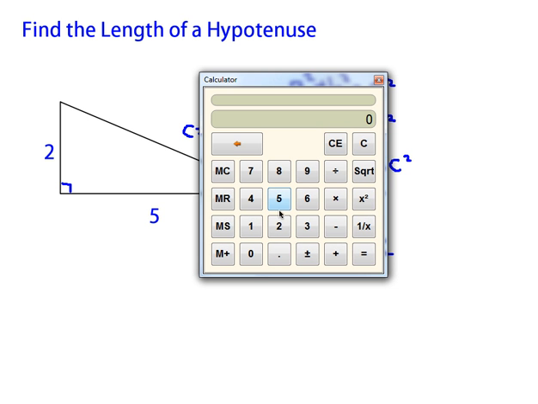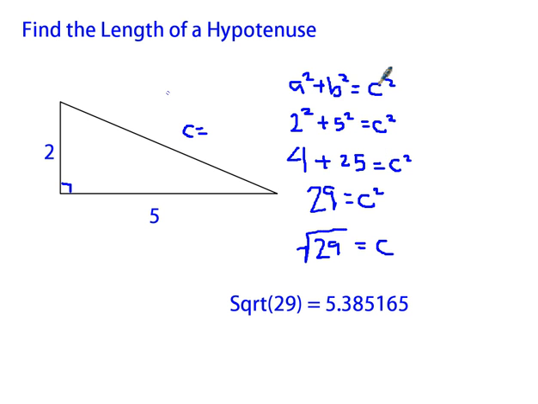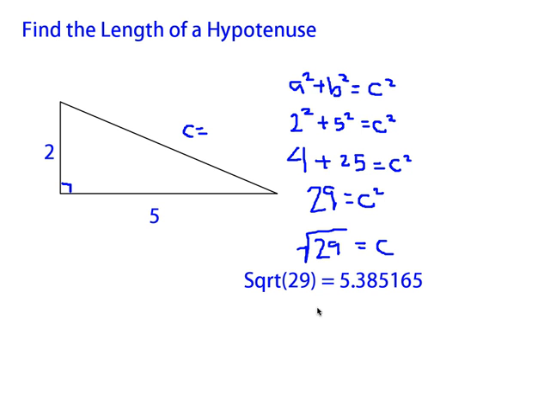And I hit 29. I take the square root. The square root of 29, my calculator says, is